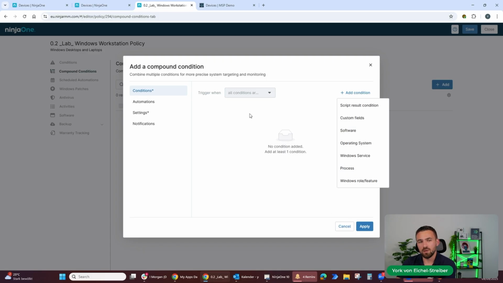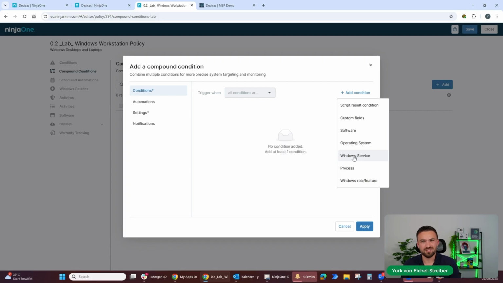Yeah, I see here Ryan likes the compound conditions. I personally think that's really useful, and this is definitely not the end. We will continue to expand on the compound conditions, which will allow you to have fewer policies, right? The idea behind the compound conditions is also to make Ninja more targeted, and policy management easier and more effective,